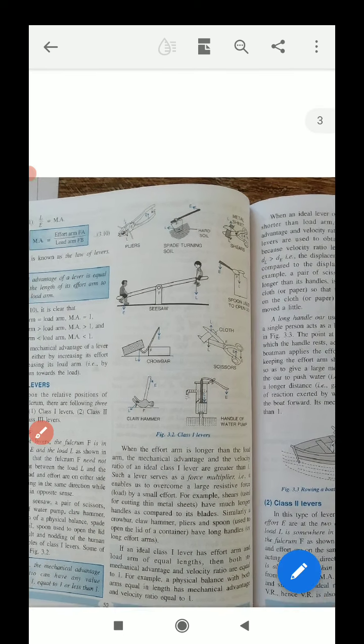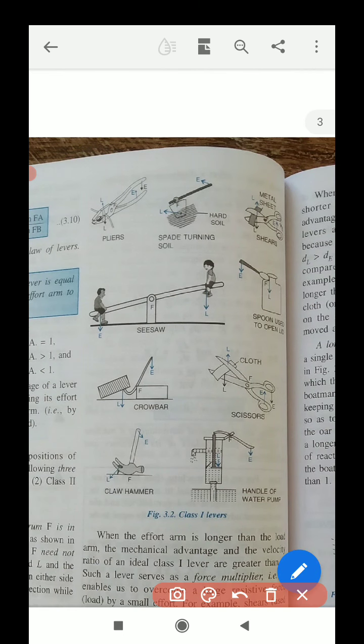Just one more example you can see here. Class 1 lever, fulcrum in the middle. Suppose a spade turning soil: you can see the fulcrum is in the middle. Here is the hard soil, and we are using the spade, which everybody uses to turn the soil. Here is the load. In Bengali you can say kodal. The effort we are providing here, fulcrum in the middle, load is here, that means it is a first